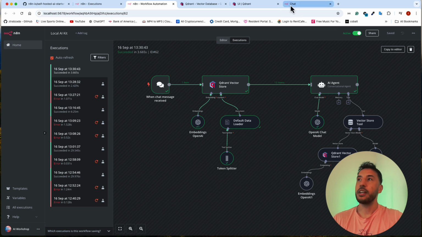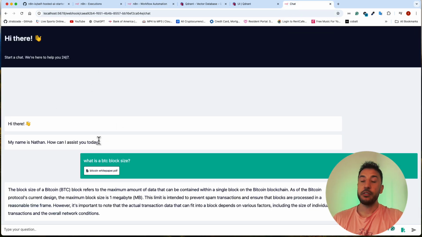So, the good thing is you can embed this chat if you have a business or something, or if you have a website, a personal brand, you can actually add this to your website and basically have this chat widget where then people can interact with their own document that they can upload depending on what your use case is.